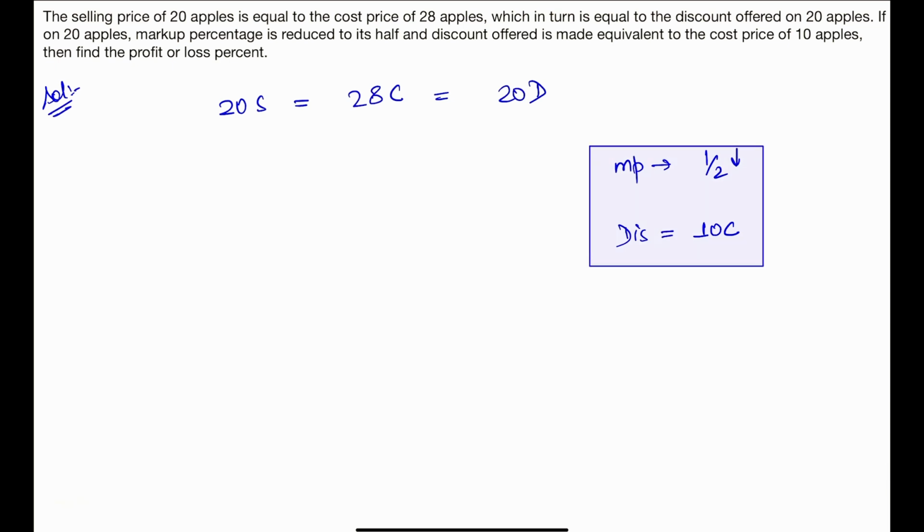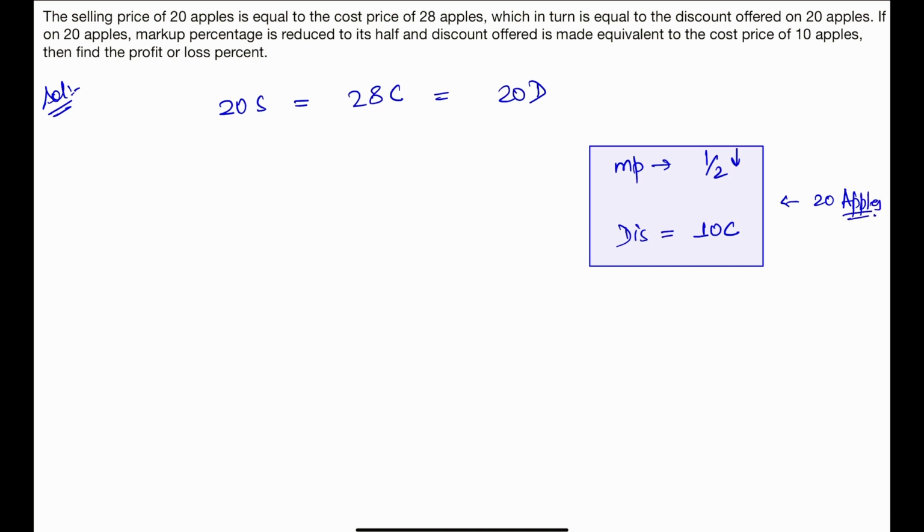If the markup percentage is reduced to its half and the discount is equivalent to the cost price of 10 apples, find the profit or loss percentage. And this condition is possible when on 20 apples,